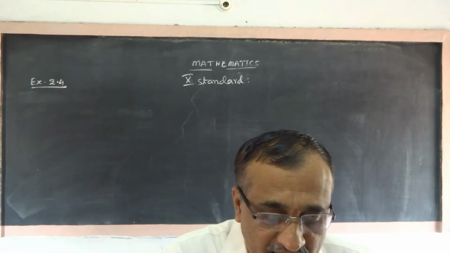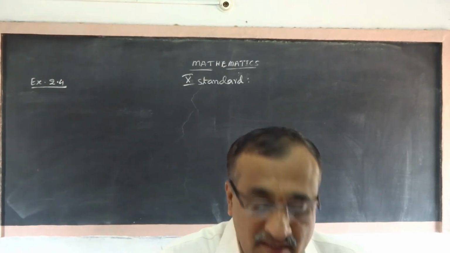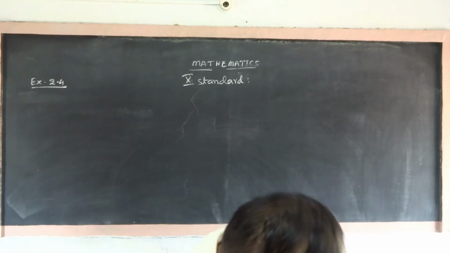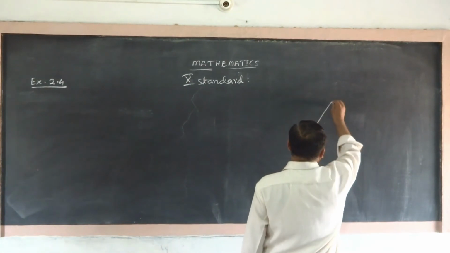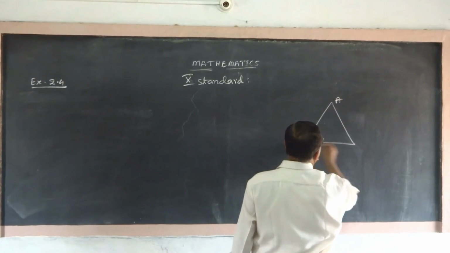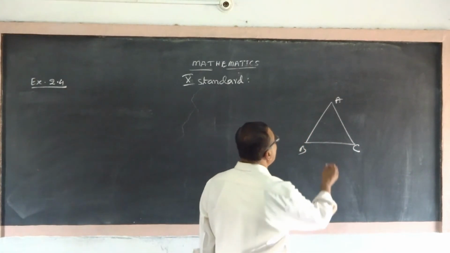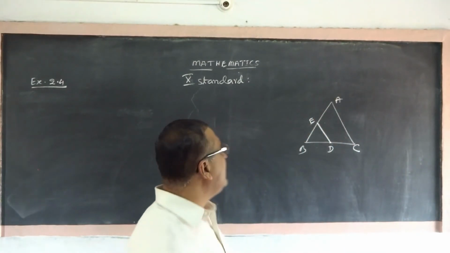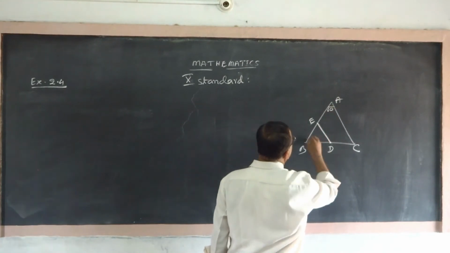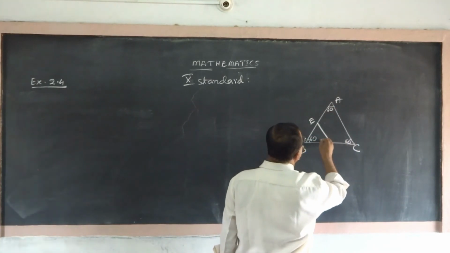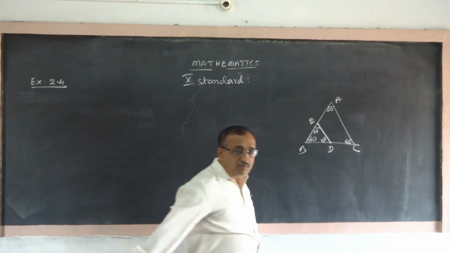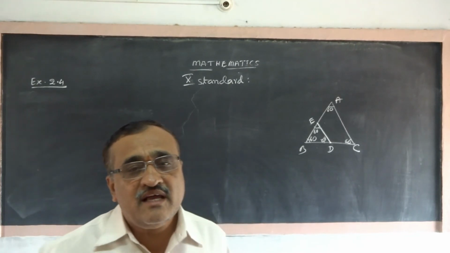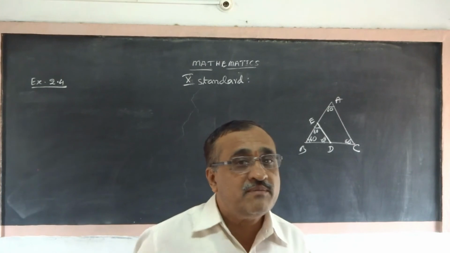Triangle ABC and triangle BD are two equilateral triangles such that D is the midpoint of BC. Ratio of areas of triangle ABC and BD. There is a little problem. If you write triangle ABC and D is the midpoint of BC, both are equilateral triangles. This is 60, 60, 60. Two equilateral triangles are always similar. When they are similar, we need not prove it much, it is multiple choice.